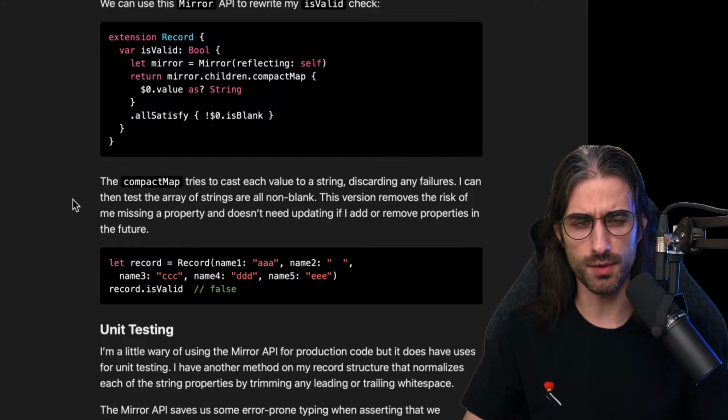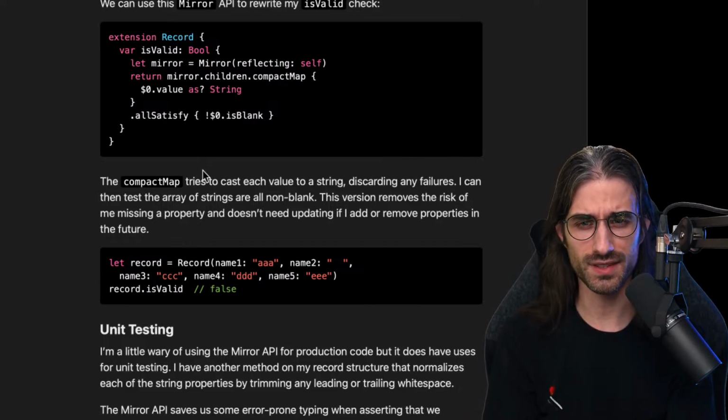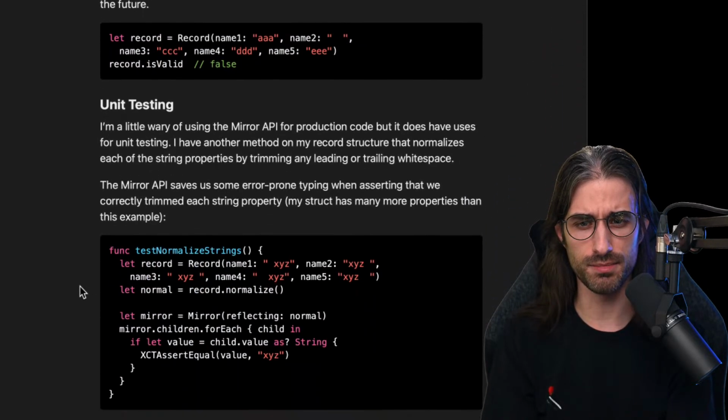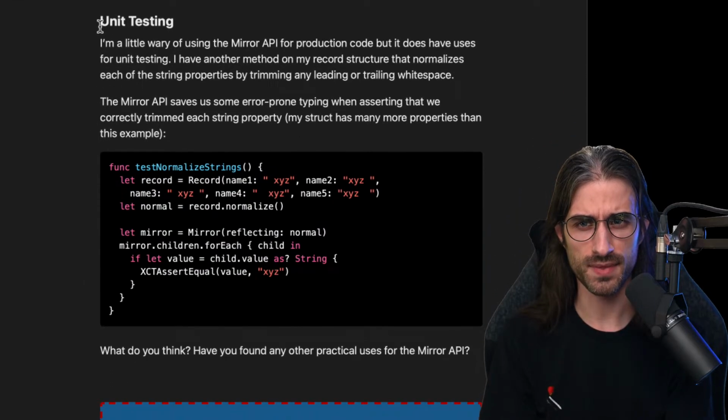Like you create a property wrapper @Validated, for instance, and then inside here the compactMap, instead of casting to just a String, you would cast to a Validated of String, because the property wrapper would be generic. That would be an even better way to do it.